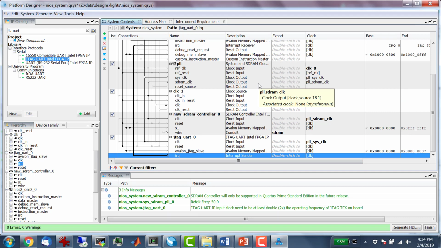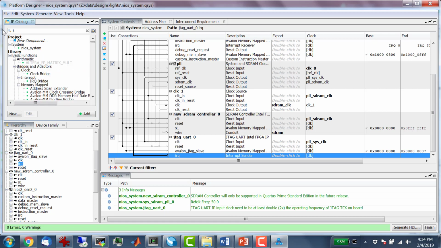Next, parallel I/O for the LEDs. So there's 18 red LEDs, there's 8 green LEDs. We want to treat them all as one bus of LEDs, one register of 26 LEDs, right? You don't have to, but in this, I want to have the code just use them all as one big output device. So we're going to add a PIO, parallel I/O,